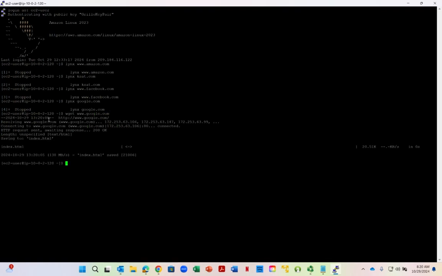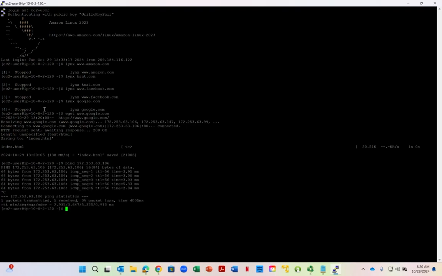Okay. It resolves it into an IP. So if you see the IP address in there, you can type ping 172.253.63.106. Hit enter, and you're getting your echo replies because we're allowing echo ICMP traffic to pass through. Okay, so again, that's a demonstration of the firewall, and that pretty much completes the lab, but we need to